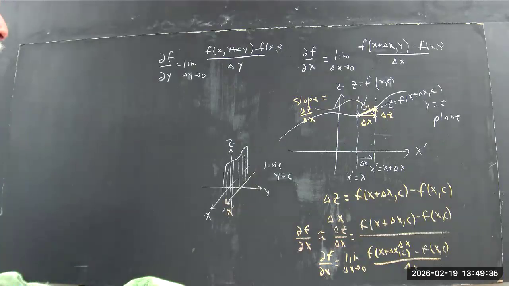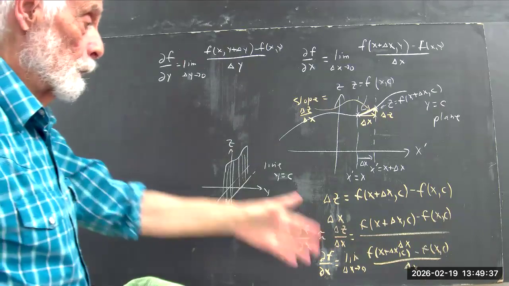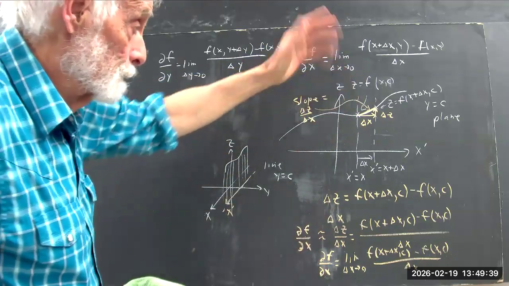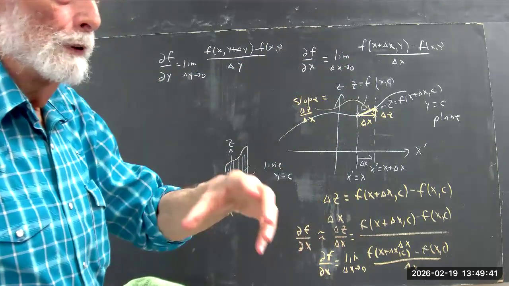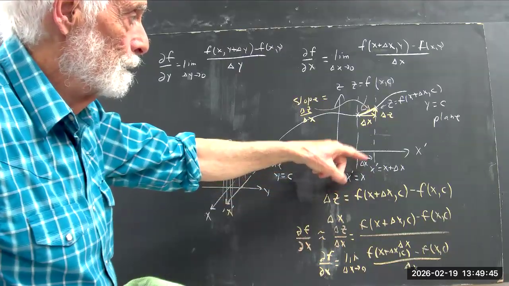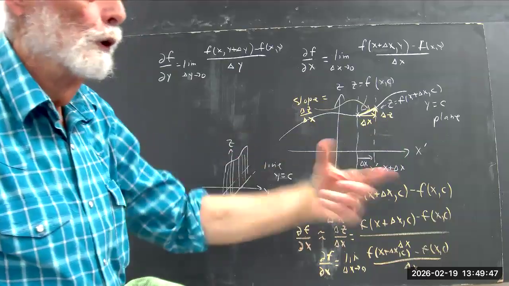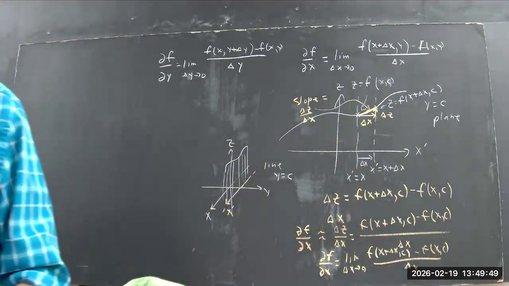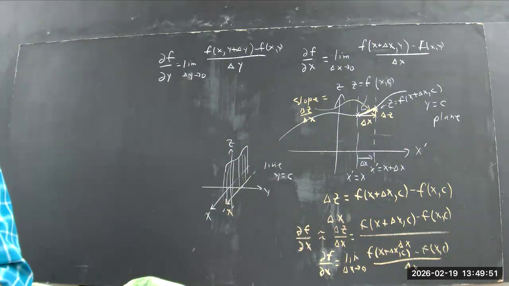Okay. But you can do a similar picture. Maybe it looks like a similar curve. Maybe it's a different curve. You're going to have a y and a delta y and a change in z due to the change in delta y. Okay. So it's like